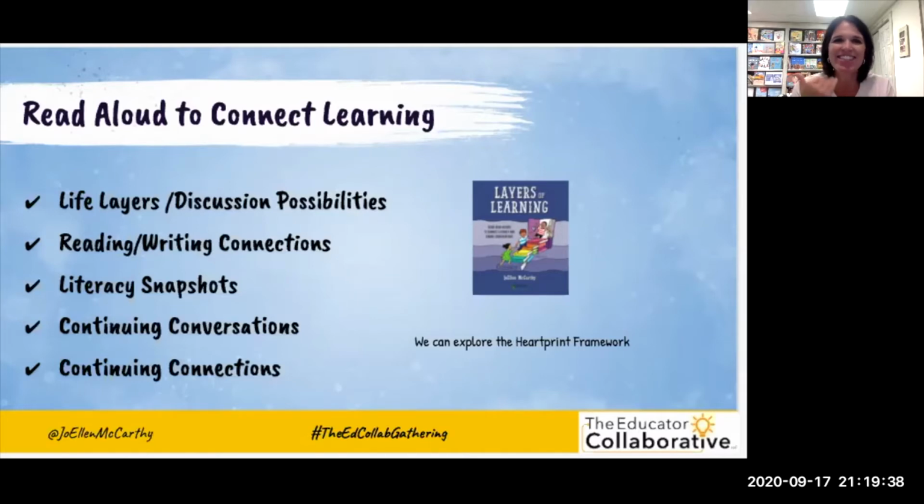And then continue even further thinking about ongoing conversations. Can we thread the stories that we use into a connected conversation? Not a thematic unit, but if we look at one book, how does that book help us grow our ideas? Can we look at another book to expand or perhaps challenge the ideas that were presented to us in a story? And then we can continue the connections by thinking about some ongoing work as literacy leaders, right?